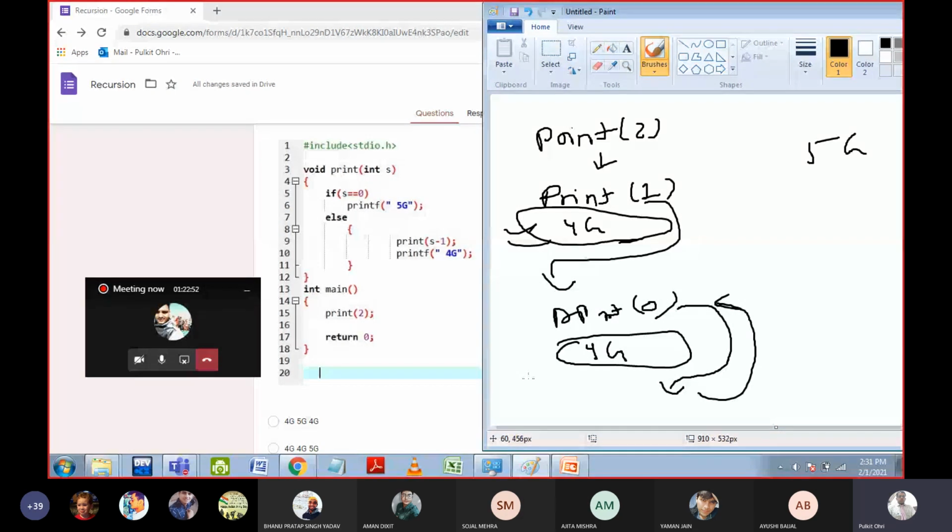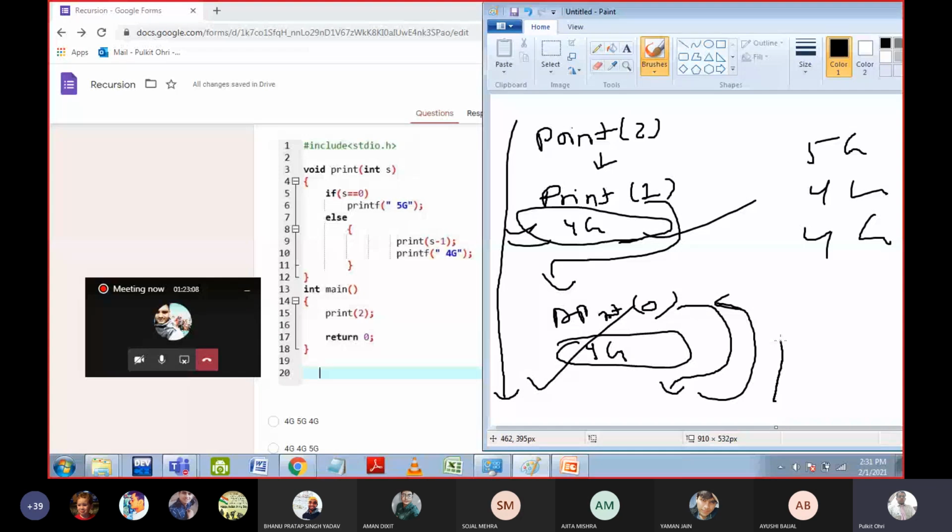So always remember, recursion works in the reverse order. So similarly here, till you reach the base condition, you will not print anything. Once you reach the base condition, you will attend the task that is pending. So I hope you guys have understood how this code is working. If someone still has a doubt, they can ask.